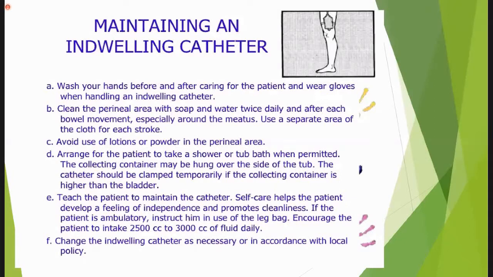Firstly, open the sterile packet of the catheterization kit. Apply the sheet under the buttocks and the fenestrated sheet. Apply it over the penis and open the kit of catheterization. Clean the surface area with povidone. Hold the penis with the non-dominant hand in a parallel position, that means upward direction. Clean the surface area with povidone and then insert